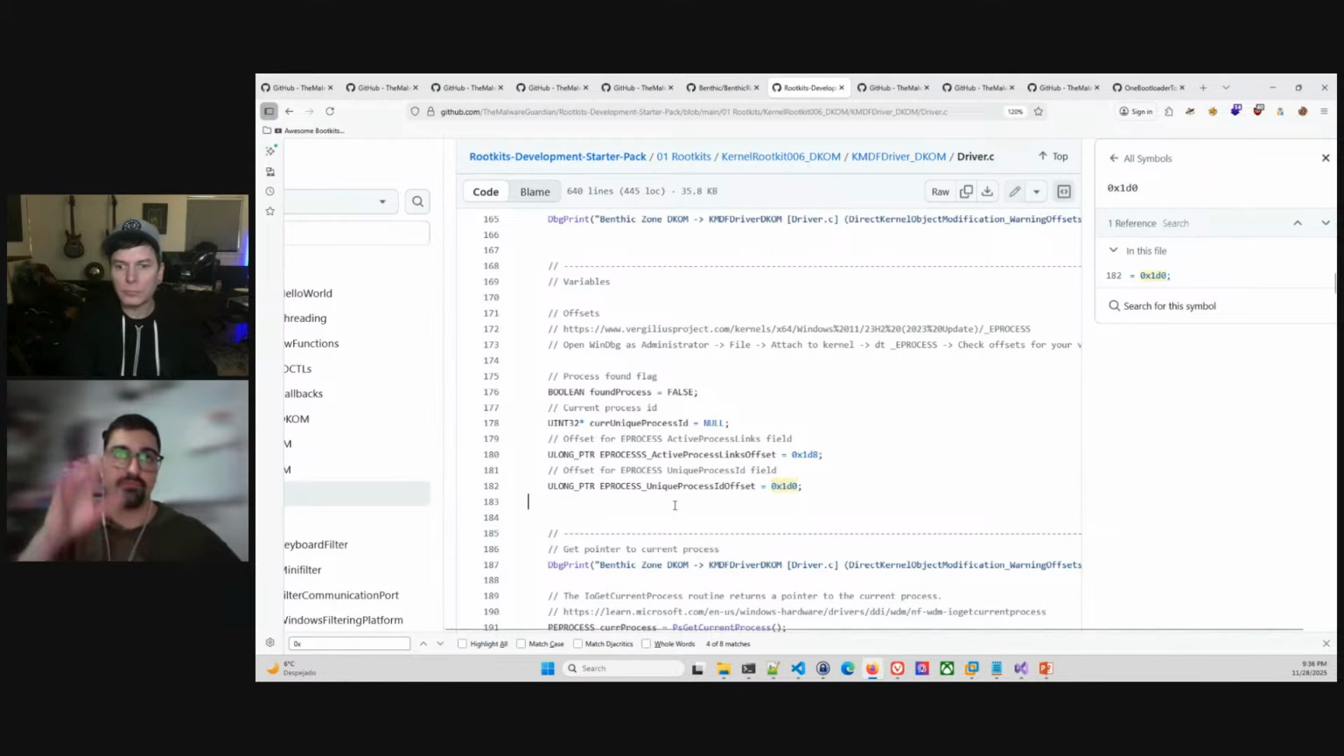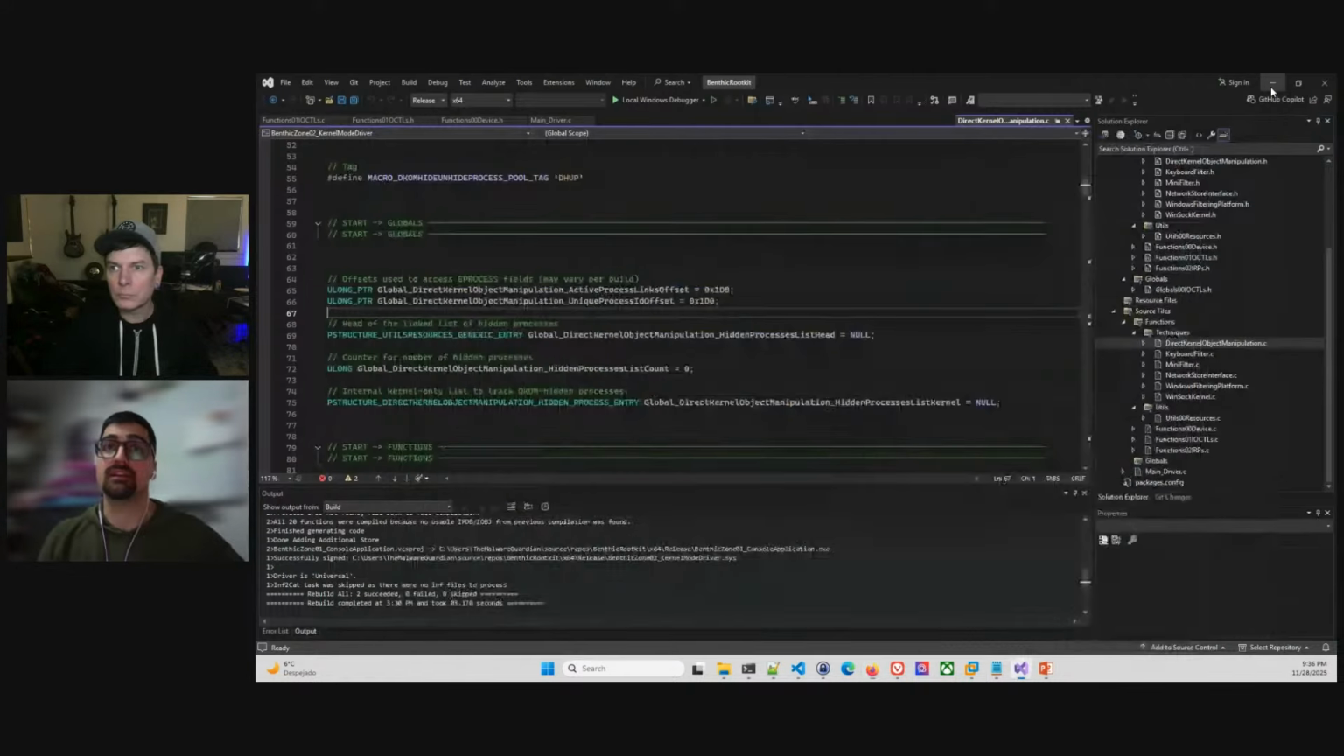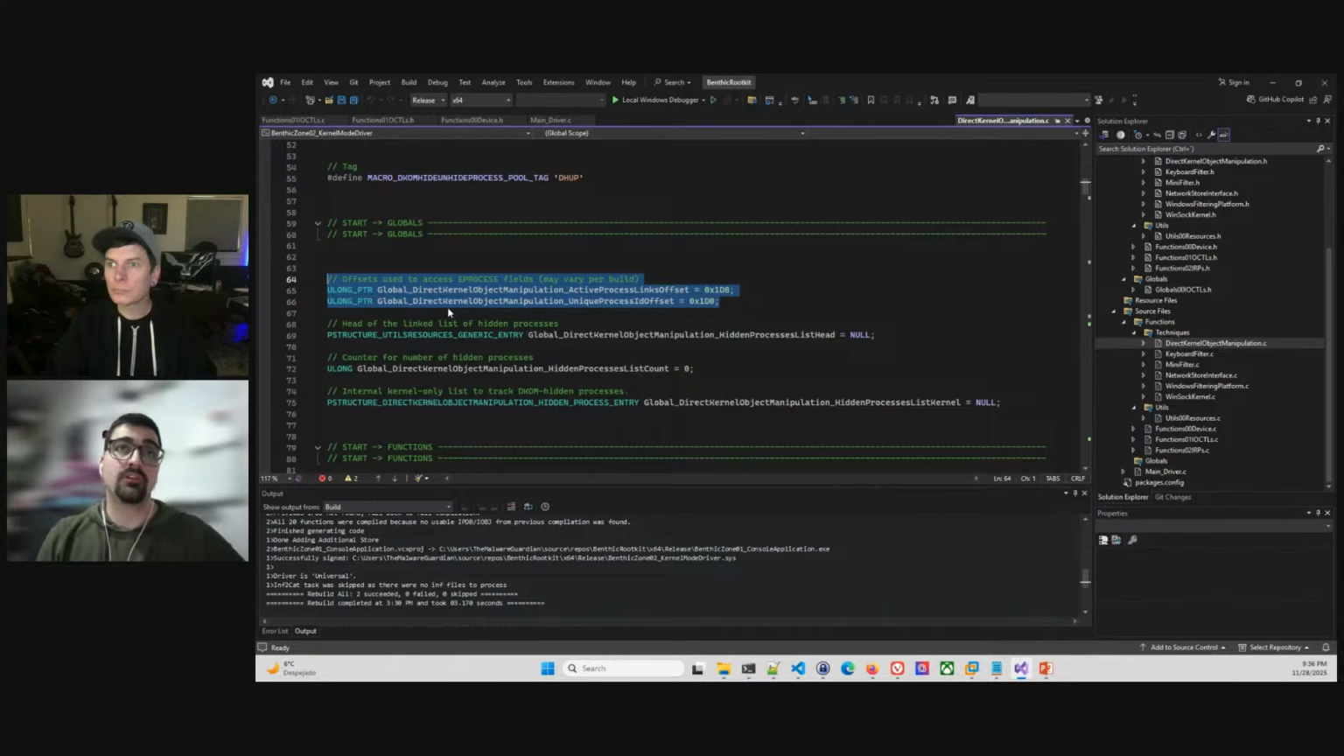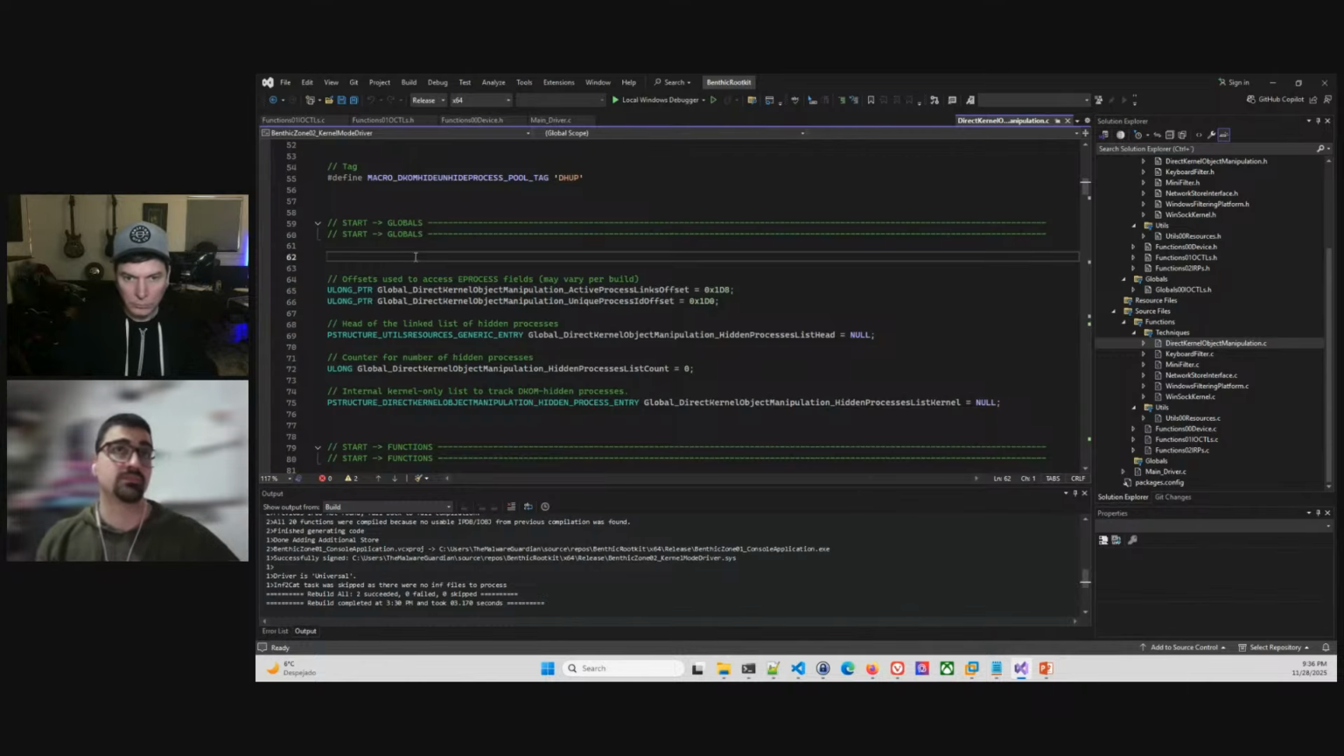So this is one of the things that you need to change in order to make the kernel mode rootkit work in other versions of Windows. At least this technique. The other techniques,